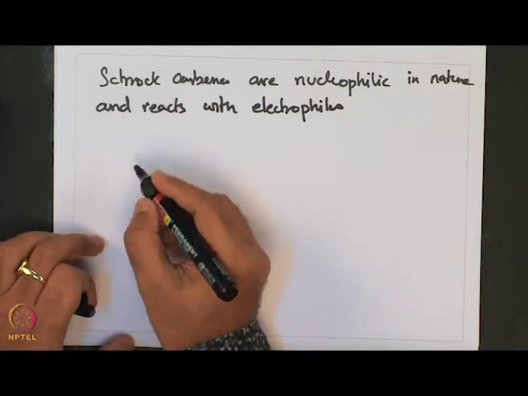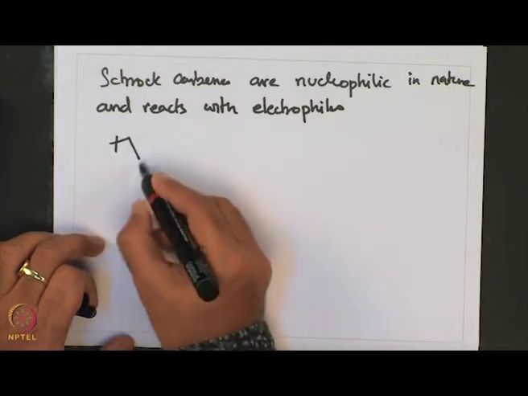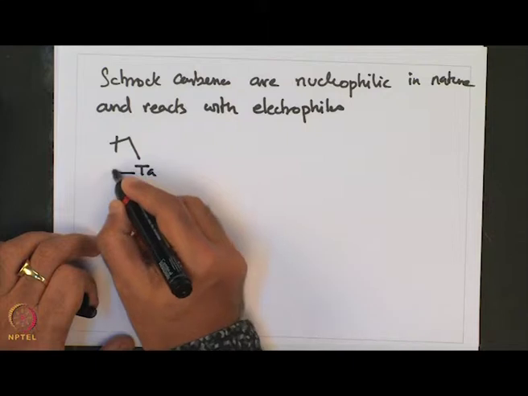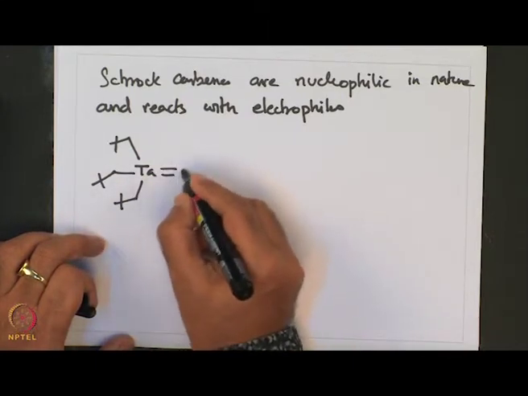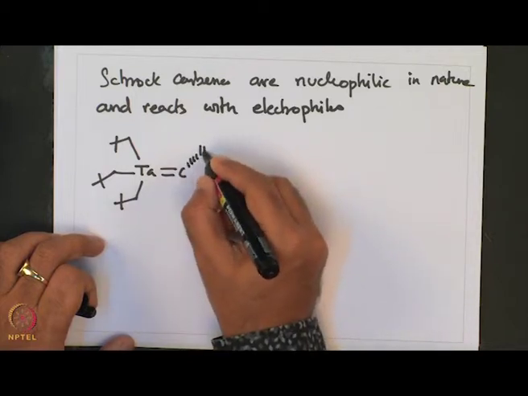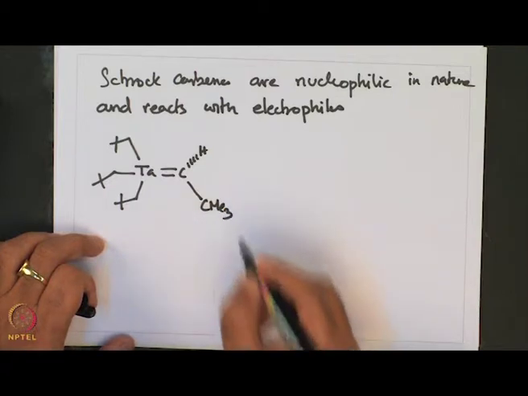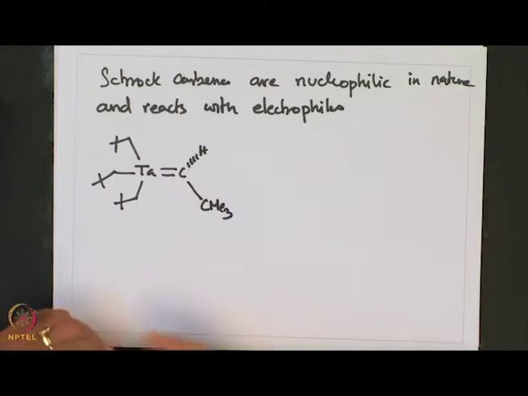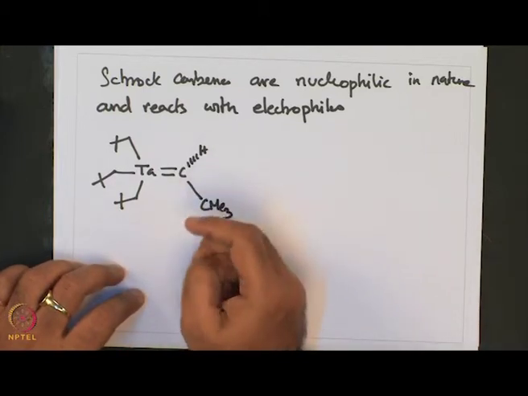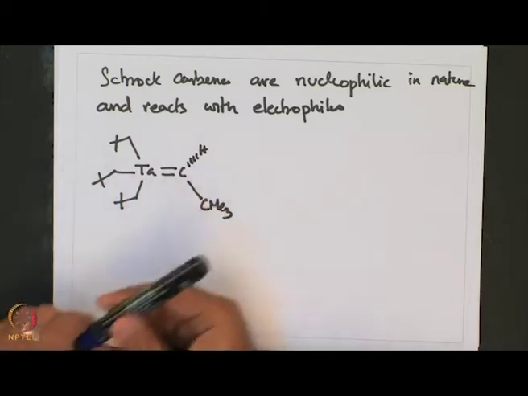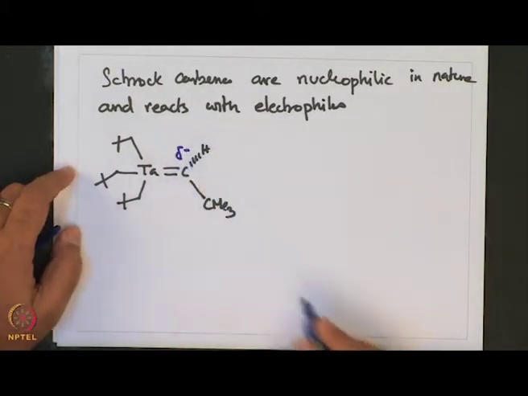So, let us take a look at this particular complex, tantalum, CHCMe3. Now, as I said, their reaction with electrophiles arises from the fact that this carbene is negatively charged